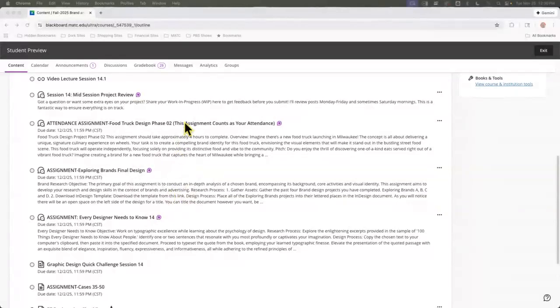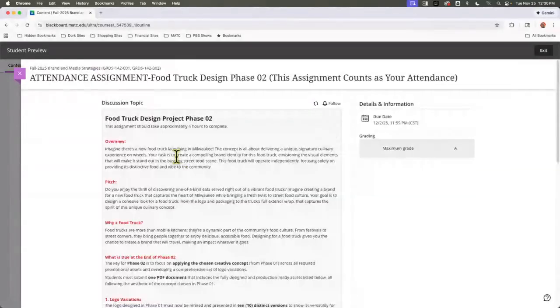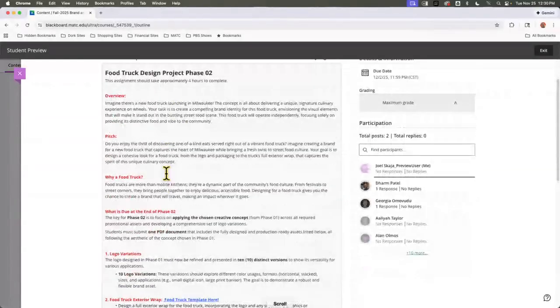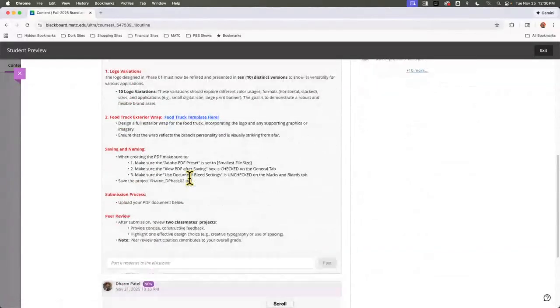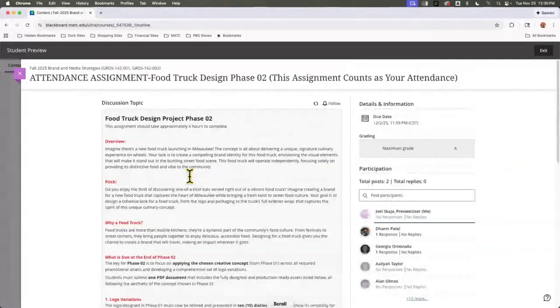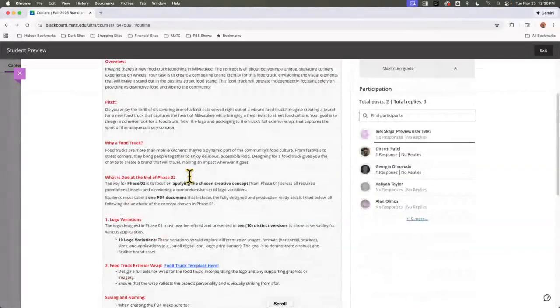Food truck. We are on the 10 concepts, 10 logo variations, and the food truck template. I went over this last class in 14.1. I opened it, I showed it to you, and I talked about it. So you kind of know what to do there. And for the logo variations,